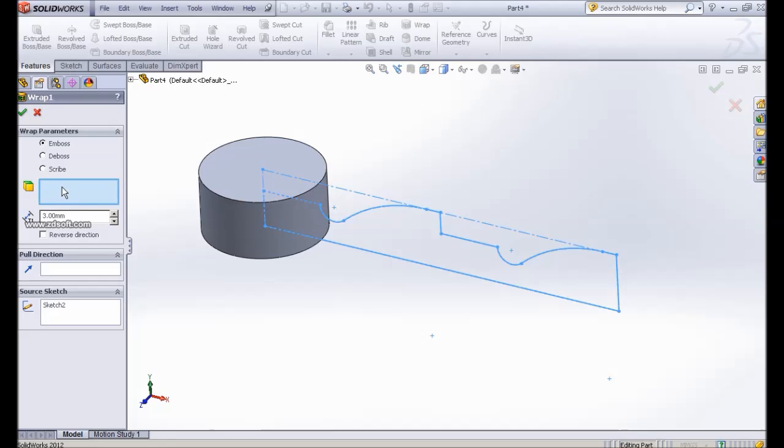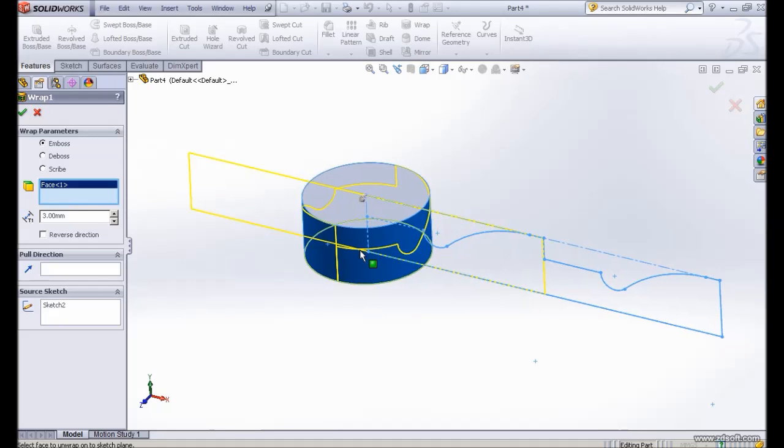So the area is for us to select the face where we want to wrap. In this case, it is our vertical cylinder here. If you look, it already shows you the preview where our pattern will be wrapped on this cylindrical surface. So here is the thickness of our wrap. The thickness is 3. If I click OK,